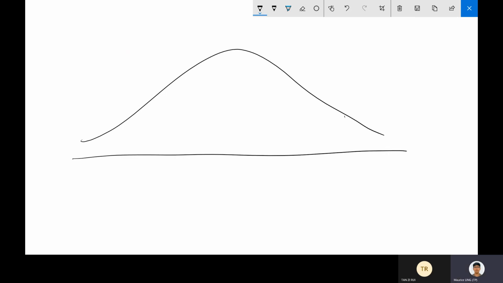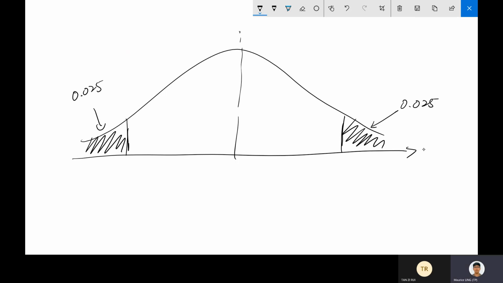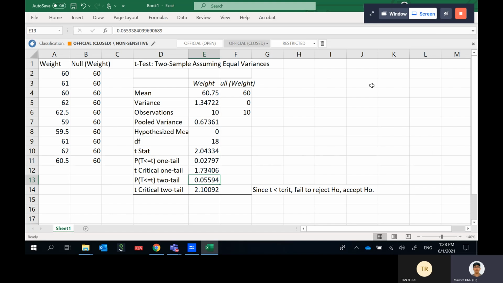Let's say you highlight both ends because it's a two-tailed test. You highlight both ends away. Each side gives you 0.025. So for a t, let's say the mean is also 0. This is the critical value. The two ends is a critical value. And the critical value is this